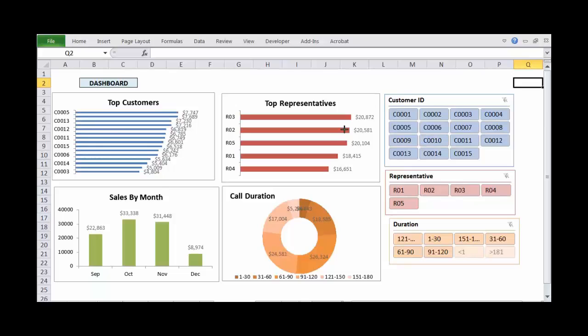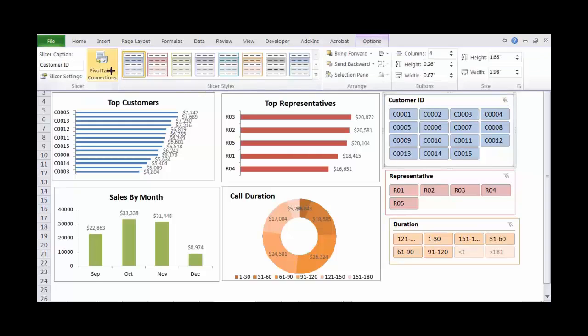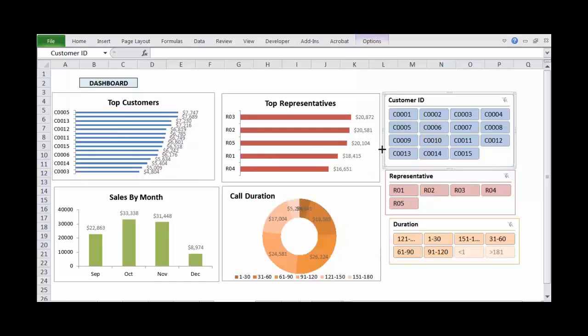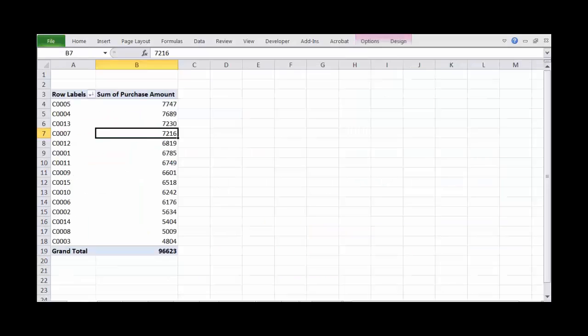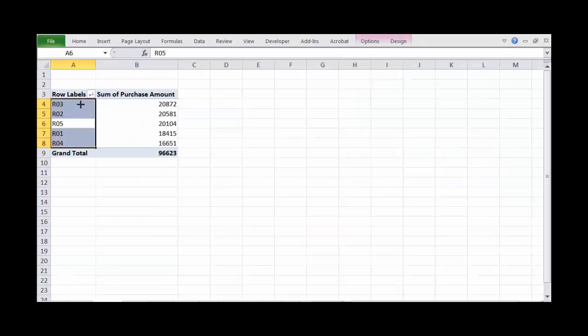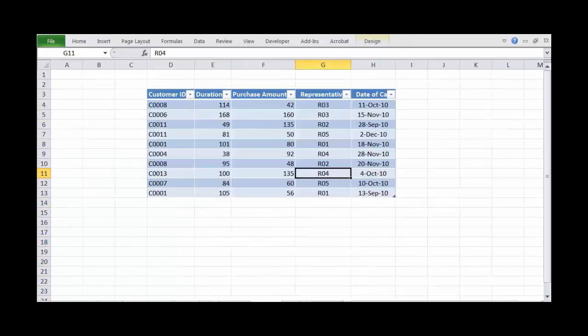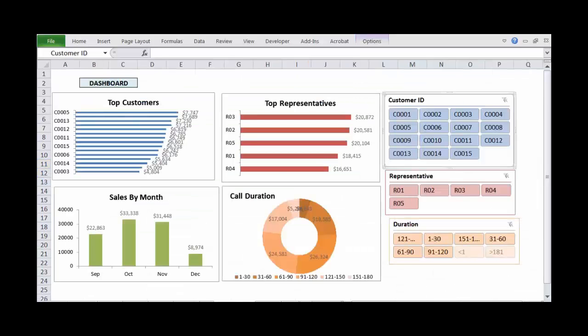In this one I have connected all the slicers. See here, in the pivot table connections, I had connected all of these. Note that because I am using the same data table, we are using pivot tables 1, 2, 3, 4. So for the entire sheet you have one slicer.